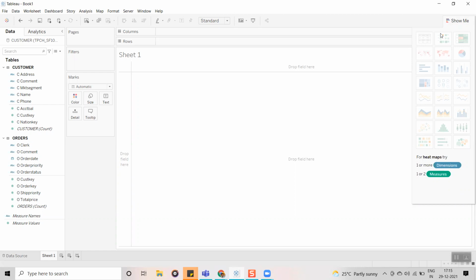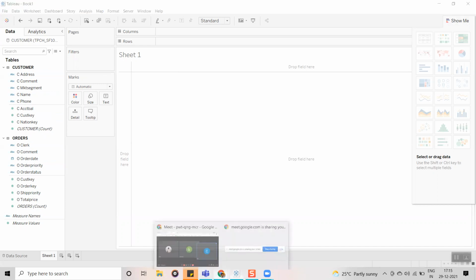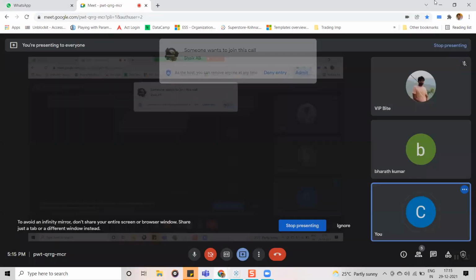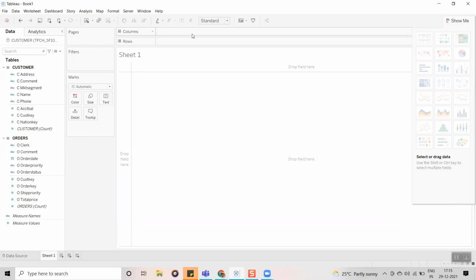First, if you want to create a cross tab, known as a table, guys, cross tab is not an entirely different thing. Cross tab means a table format, a table graph. Now if you want to create any visualization, you can create it in two ways. One way is you can drag and drop the fields into the column shelf, row shelf, and the other shelves we discussed: columns, rows, filters, and marks card. By dragging the fields into these shelves, you can create a visualization.